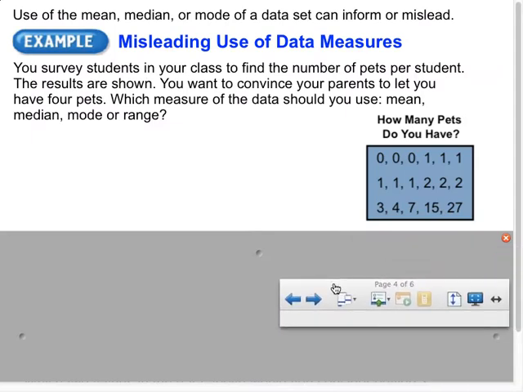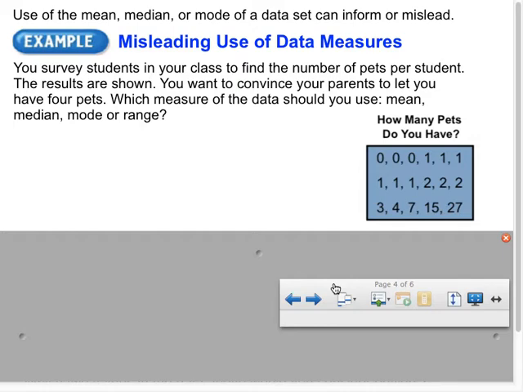All right, so guess what? You want a pet. You don't have a pet, you want a pet, and you're trying to convince your parents to buy you a pet. Actually, you're not trying to convince your parents to buy you a pet. You're trying to convince your parents to buy you 4 pets. So use the mean, median, or mode of a data set to inform or mislead. So guess what? You're going to use the mean, median, or mode, one of those, to inform or mislead your parents